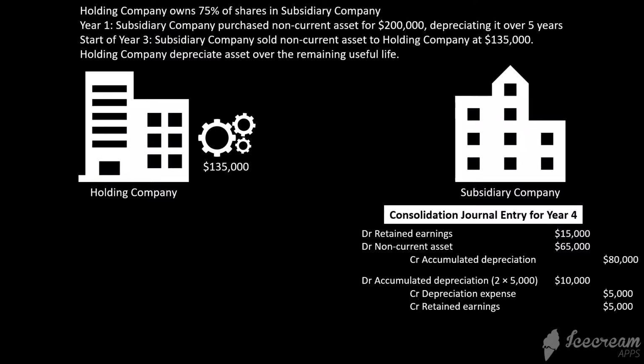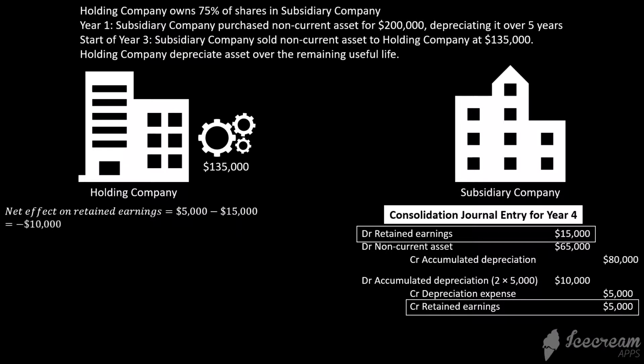Now, did you notice that some entries affect retained earnings and some affect profit? Since non-controlling interest has a share in the equity components, we also need to adjust for the retained earnings attributable to non-controlling interest if the subsidiary's retained earnings is affected by the consolidation journal entries. These are the two entries affecting the retained earnings account, and the net effect is a decrease of $10,000. So the decrease in retained earnings attributable to non-controlling interest is 25% of $10,000,